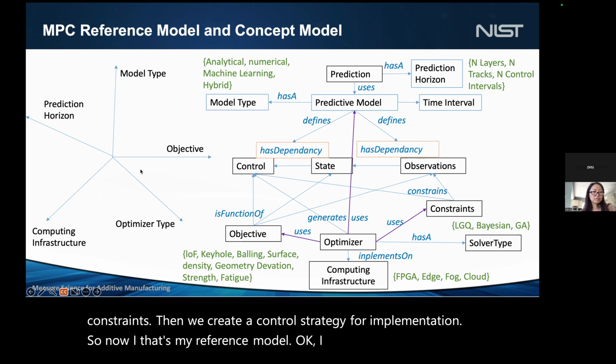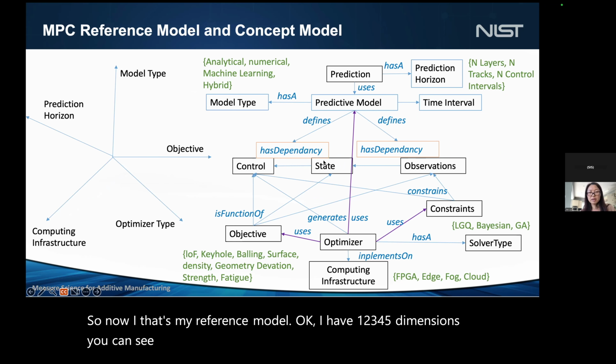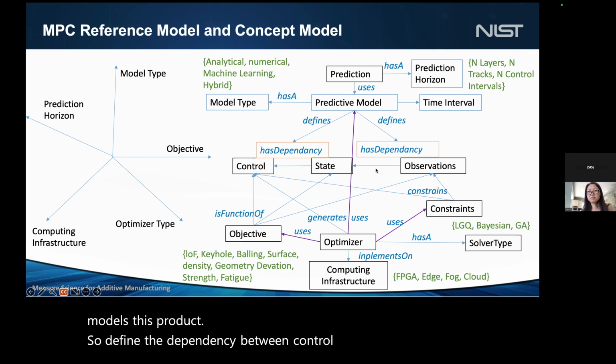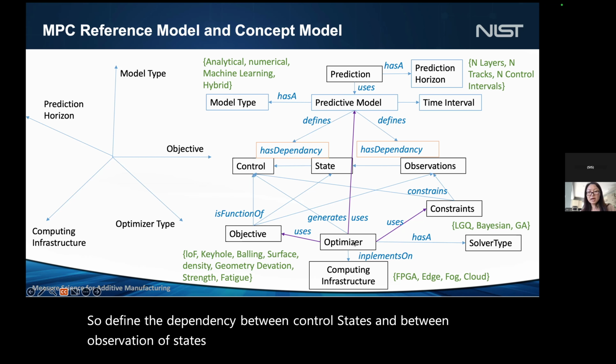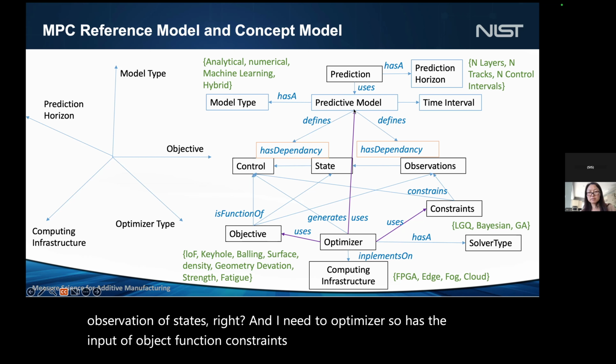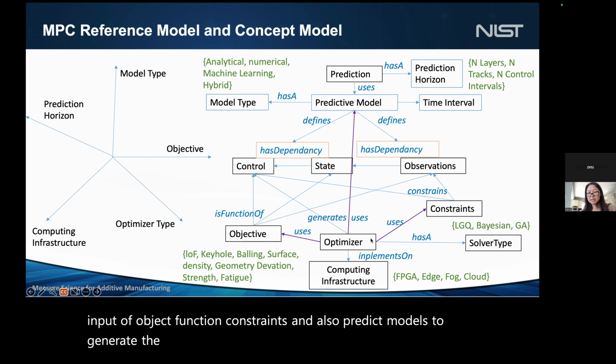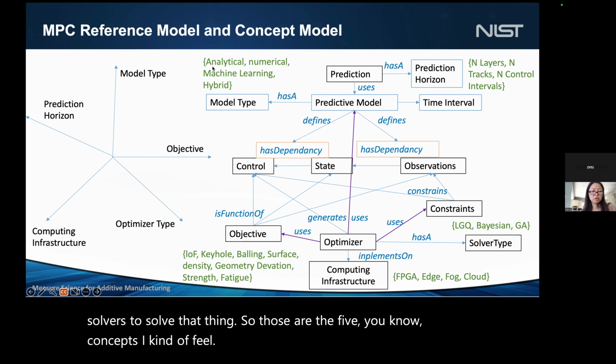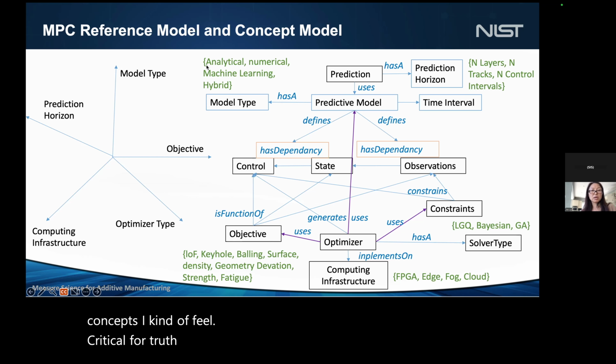I have 1, 2, 3, 4, 5 dimensions. You can see that relationship. So I need a predictive model. This predictive model defines the dependency between control states and observation of states. And I need an optimizer, so it has the input of objective function, constraints and also the predictive model to generate the control. And the optimizer will be implemented on a computing infrastructure. Then the optimizer uses solvers to solve that. So those are the 5 concepts I feel are critical to choose or configure with the conceptual domains,